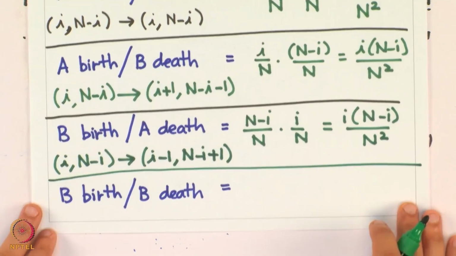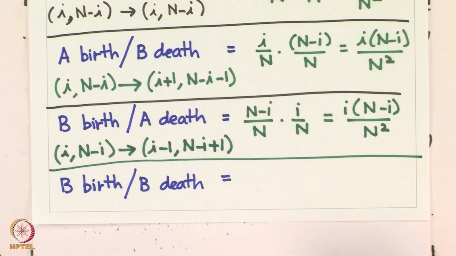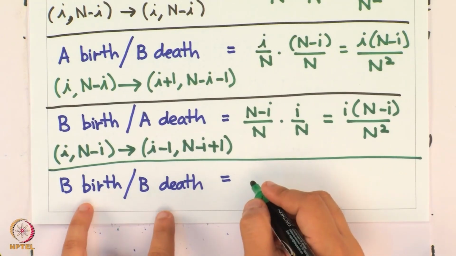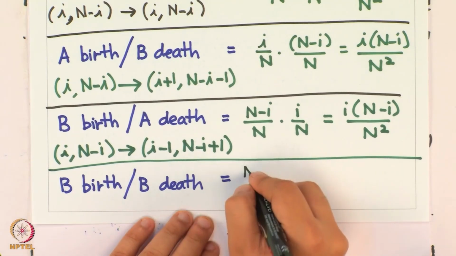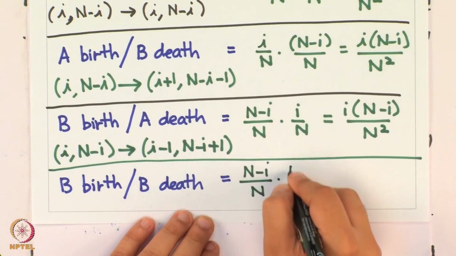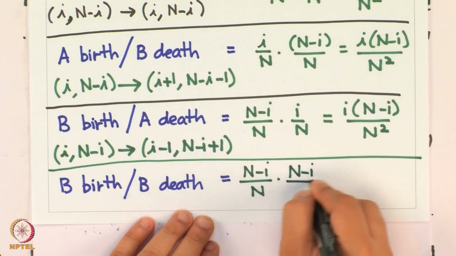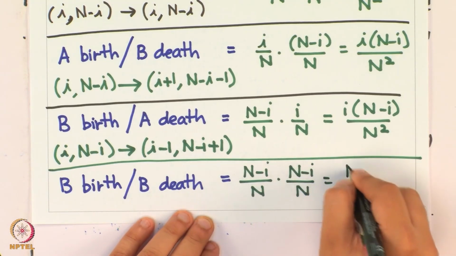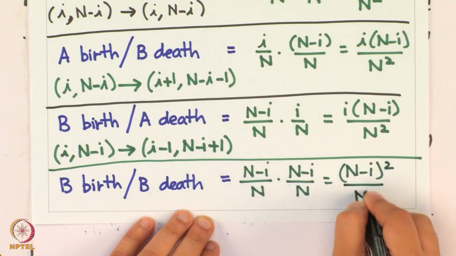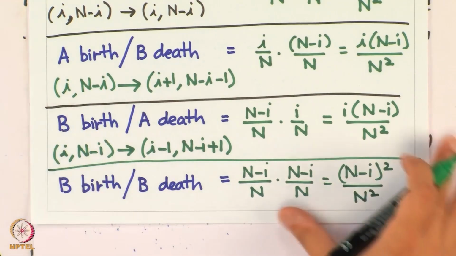The final case, the final of the 4 possible cases that we have here, is B birth and B death, and that means I am selecting B for both the events that I am talking about here, which is just equal to n minus I upon n times n minus I upon n, which is equal to n minus I whole square divided by n square. And the state of the system,